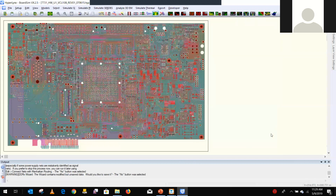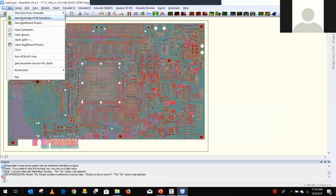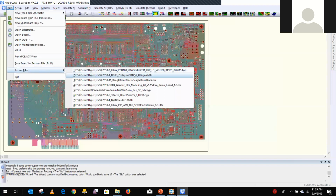Okay, last demo I want to show you is, the question becomes, what if I don't have the model for the controller? That's problematic all the time, because sometimes vendors have problems giving you that file. So what is our solution for that? We have a generic controller that you can use. Okay, so to show you that,